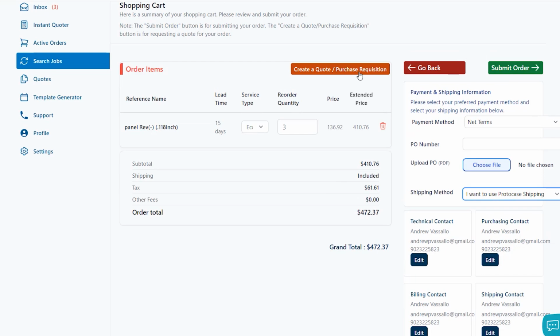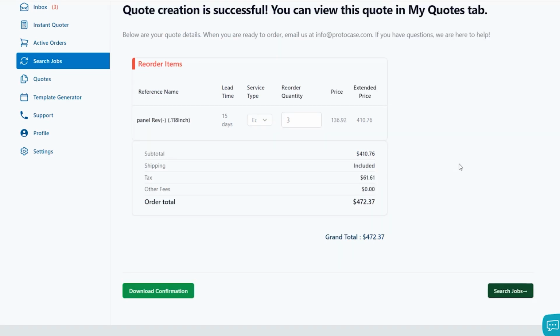You can also just create a quote or a purchase requisition if you want to. Once you click on that option, you'll have successfully created a quote and it will be saved in the Quotes tab. Plus, you'll receive an email with all of the details, and if you'd like, you can even download a